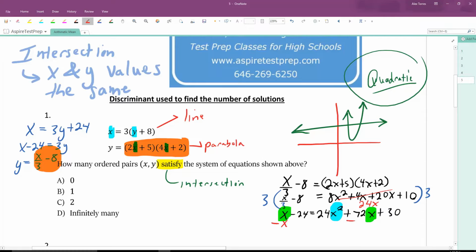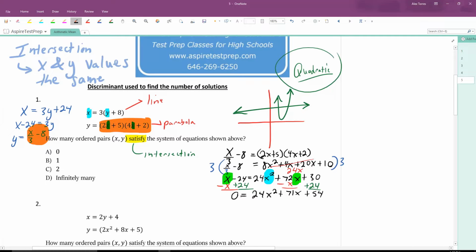So if we take away x from both sides, and if we add 24 to both sides, we get one side of the equation equal to 0, and the other side looks like a regular quadratic in the format of ax squared plus bx plus c. Like that. A being 24, b being 71, and c being 54. So now, if we were to solve this, that's our a, that's our b, that's our c, we can plug